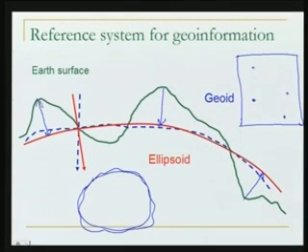For example, here in this diagram, the height of the point or the elevation of this point from the ellipsoid is called the ellipsoidal height. The height from the ellipsoid, ellipsoidal height. The height of the point from the geoid, from here up to here, is the geoidal height, and the difference between the geoid and the ellipsoid, this particular difference, is the geoidal separation, how the geoid is separated from the ellipsoid.